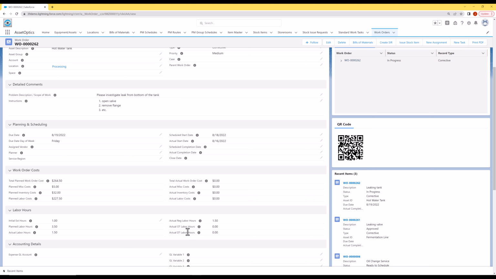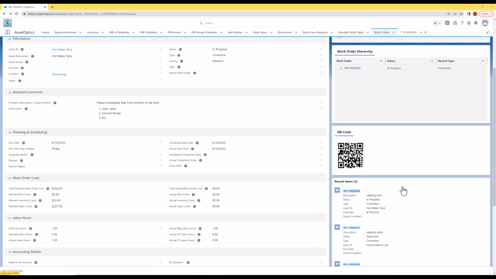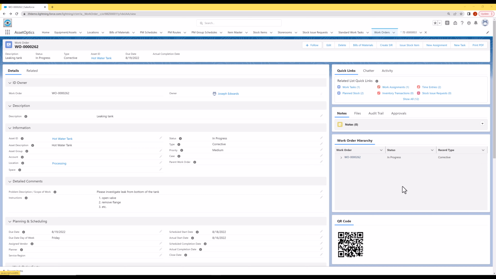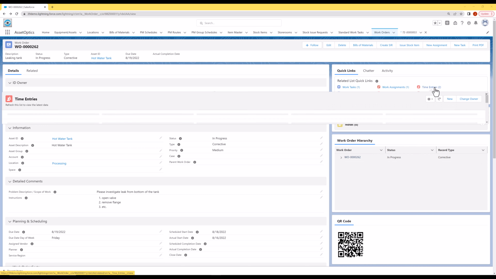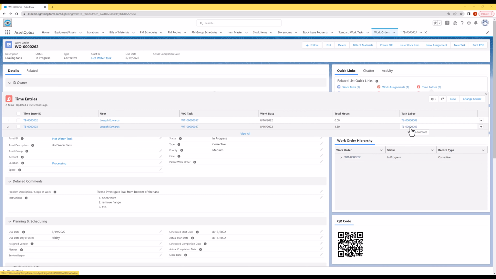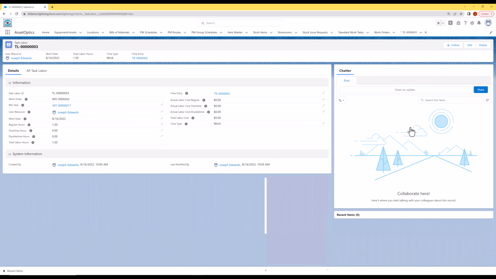Now, as it turns out, I have a labor rate of 0 because I have not updated my profile here. So it says 0 labor costs. Even so, we can look at the task labor record just to confirm that. So I'll go up here to the time entries link. Here we see the hour and a half I accumulated, yes, and it says actual labor cost 0. I simply don't have a rate assigned to me. If we go back to the work order,